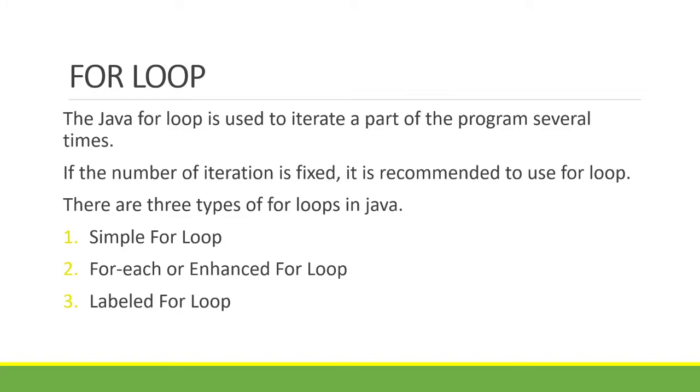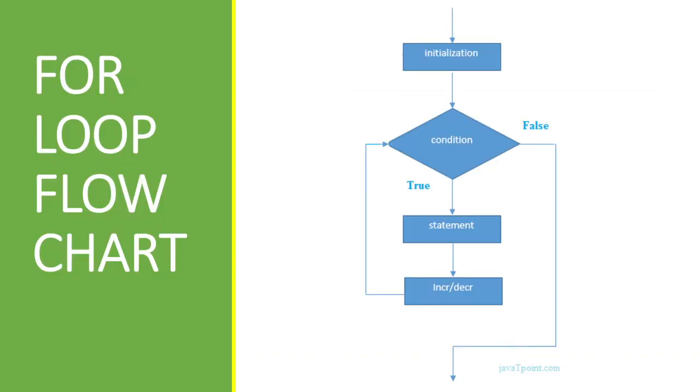Well, for loop, the Java for loop is used to iterate a part of the program several times. If the number of iteration is fixed, it is recommended to use for loop. So there are three types of for loops in Java. There are simple for loop, for each loop, or enhanced for loop, and labeled for loop po. So, paano po ba nagwo-work si for loop po natin? So, for example